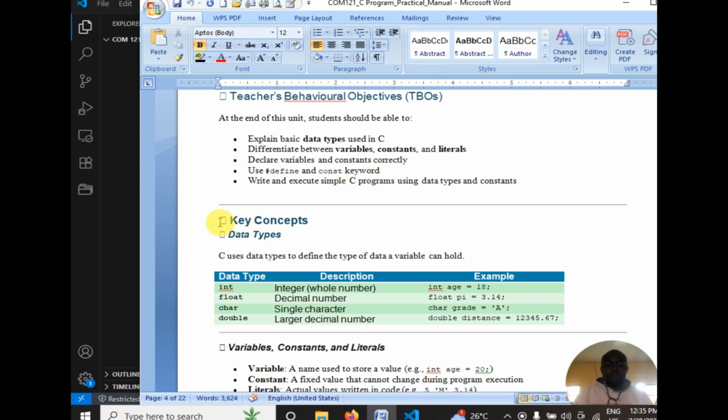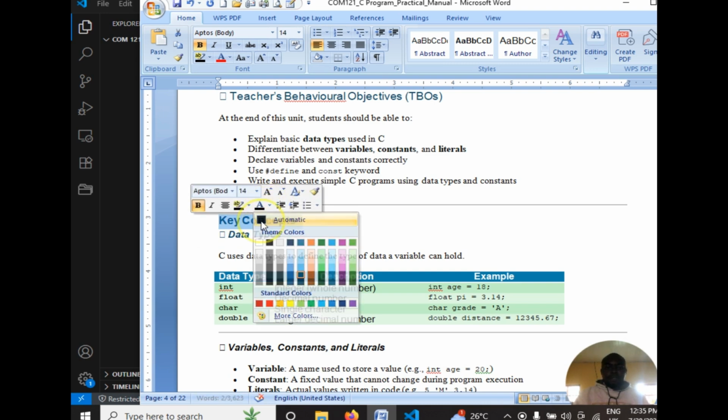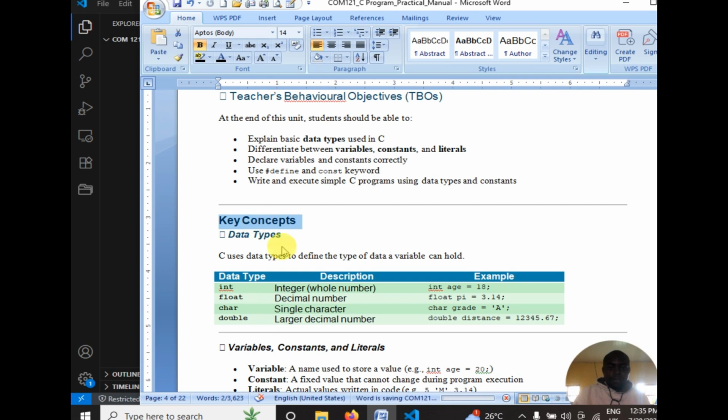The key concept aspect here talks about all the theoretical aspects of the course, the theoretical background you need to know. First, we start with the data types. We have a number of data types here. These are also known as primitive data types. These data types come together with